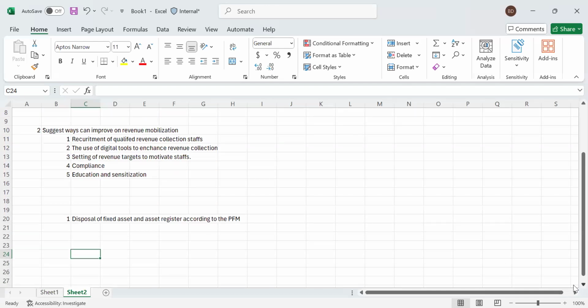The head of administration, upon receipt, must also review, approve, and then send to a committee. That committee will look at the said asset that wants to be disposed of and do all the necessary analysis. Based on that, they will make a recommendation to the head of the entity. And then after that, the entity can dispose of the assets.